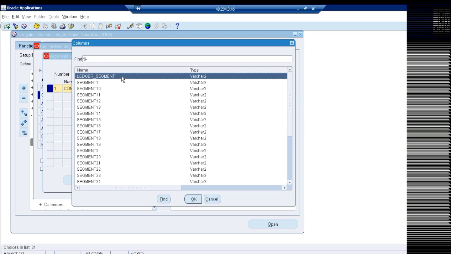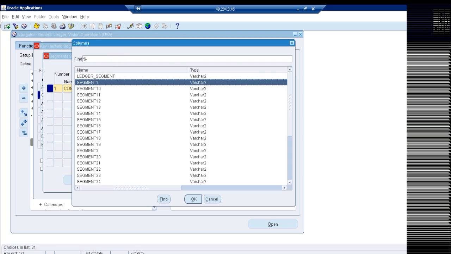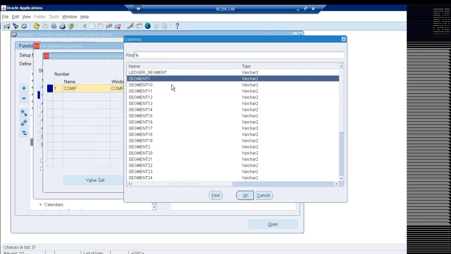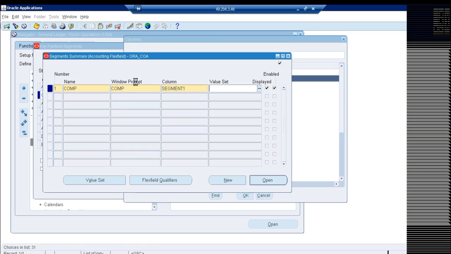Why is this used? This is nothing but the replica of whatever chart of accounts we are setting up. It's just the same setup here. The only difference is we can select multiple ledgers when we are drawing a report. So we can select multiple ledgers in a report. Whenever we are selecting segments, all these segments here are assigned some specific space in the back end. So those segments have to be sequential